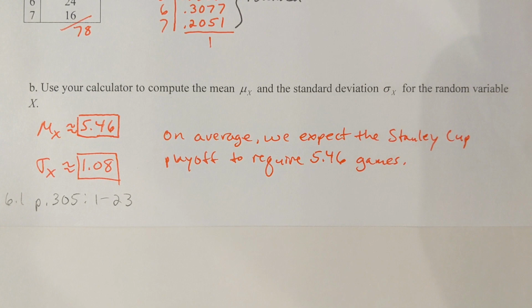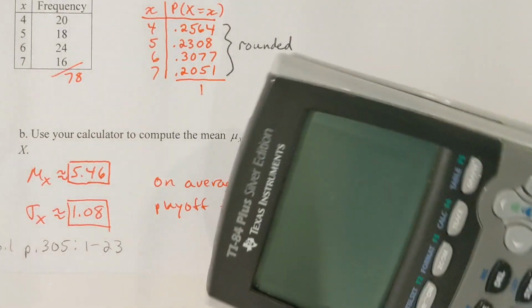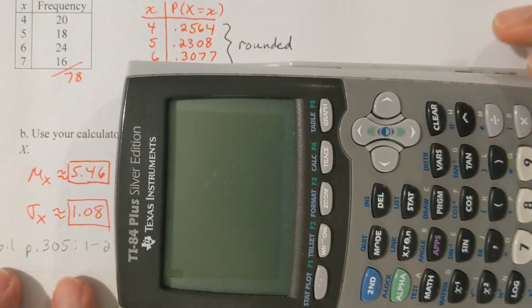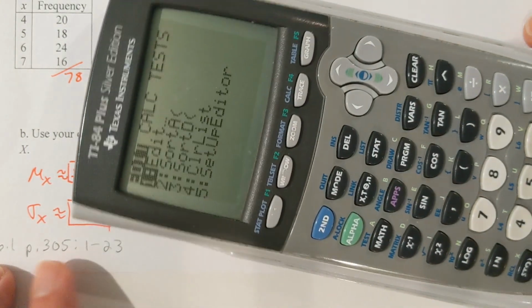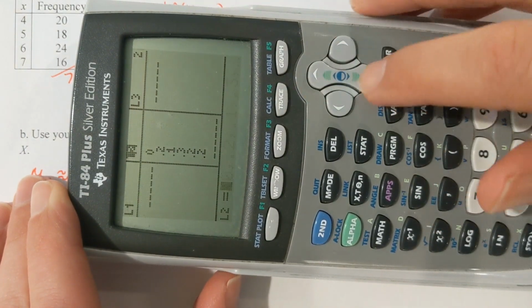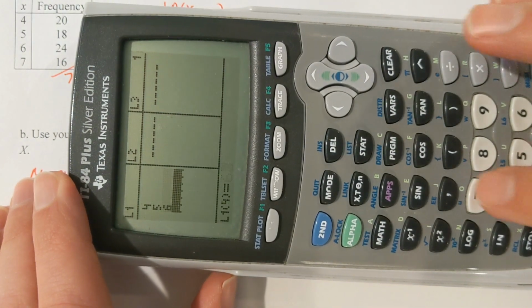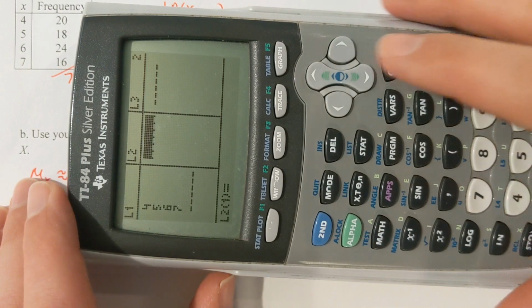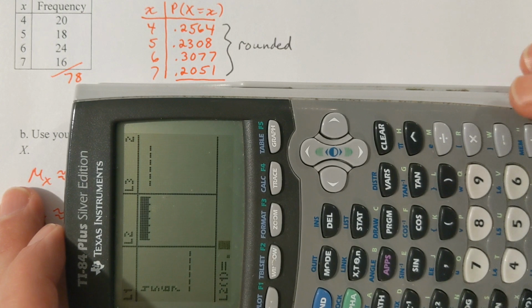Part B, use your calculator to compute the mean and the standard deviation for the random variable X. Okay, so I'll just quickly type this in here, I'll use the 83 model here. I need to clear out L1 and L2. In L1, I'm going to use 4, 5, 6, and 7 as the values. And in L2, I'll just use the rounded decimals here, which were 0.2564, and then